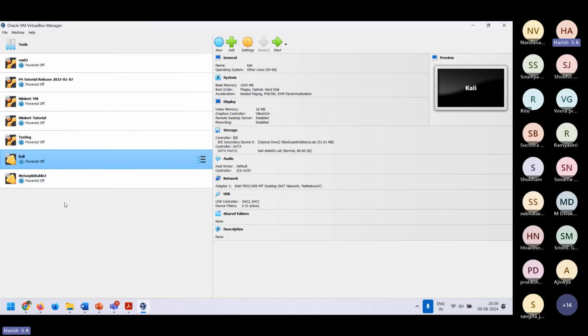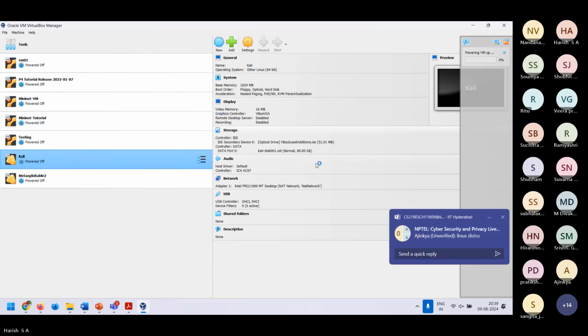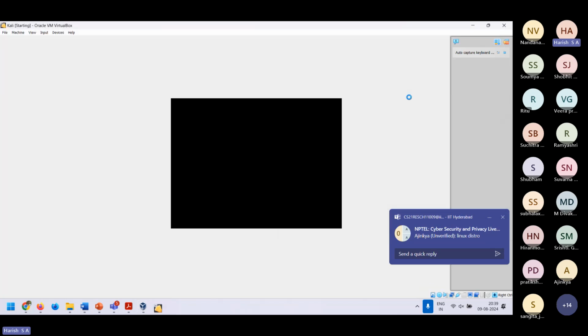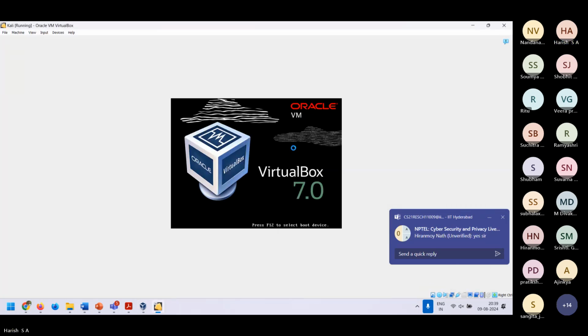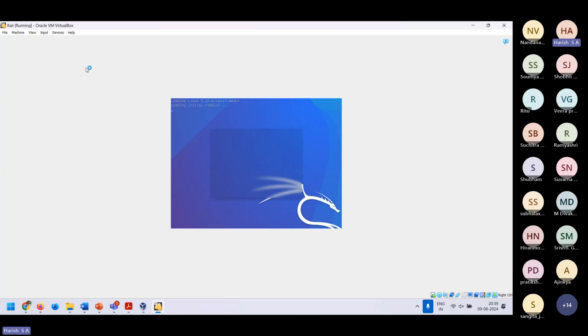So let's open up another computer inside the computer. This is an operating system called Kali. Have you heard of Kali? You might have, might not have. You run this system like this. Yeah, it's a distribution of Linux. Probably we won't have time to execute any attacks today. We'll do that over the period of the next few months.